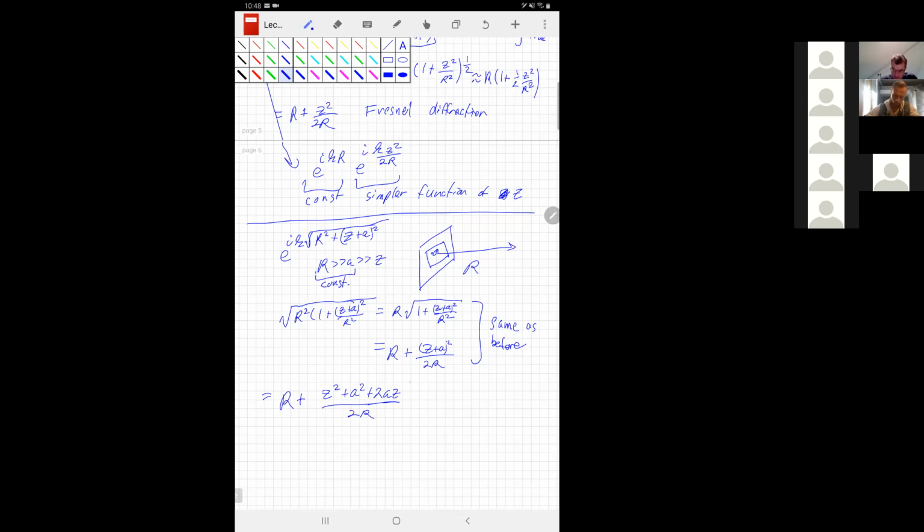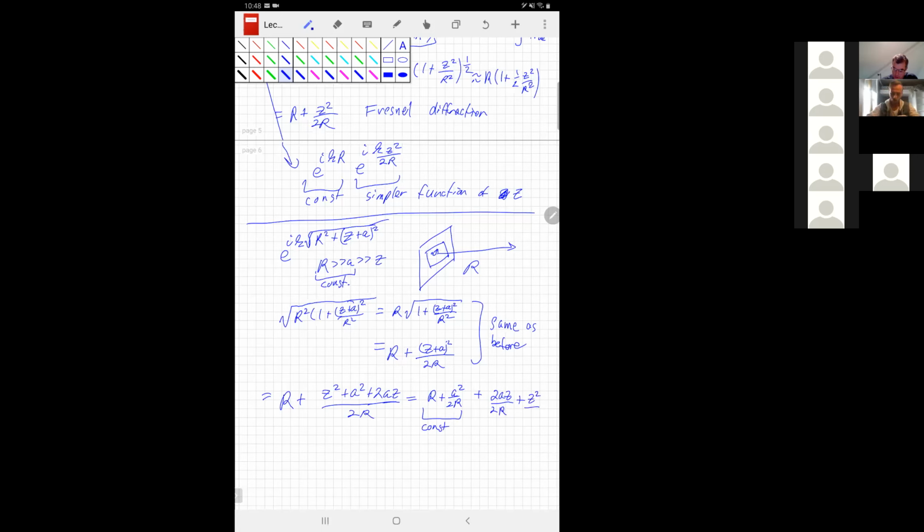And so we're left with r plus a squared over 2r plus 2az over 2r plus